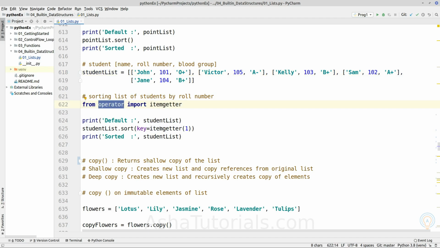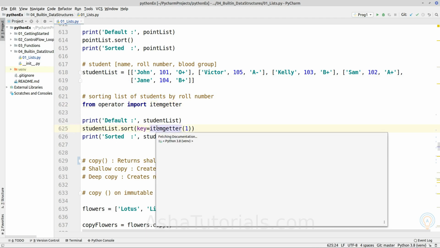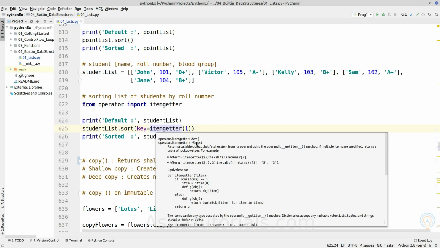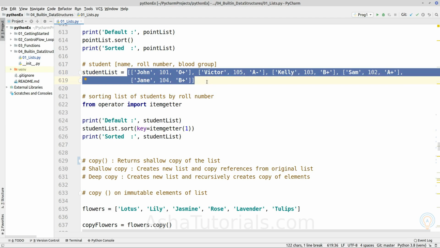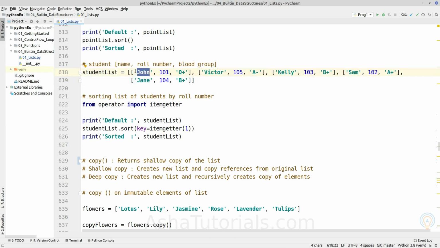It takes an iterable as an argument and returns the element at a particular index. So it will perform the sort operation based on the return value, instead of comparing from the first element. By default it will sort this list based on the string first, and then it will go for the roll number.